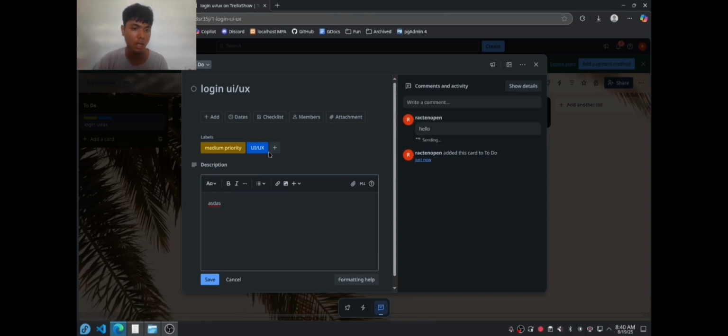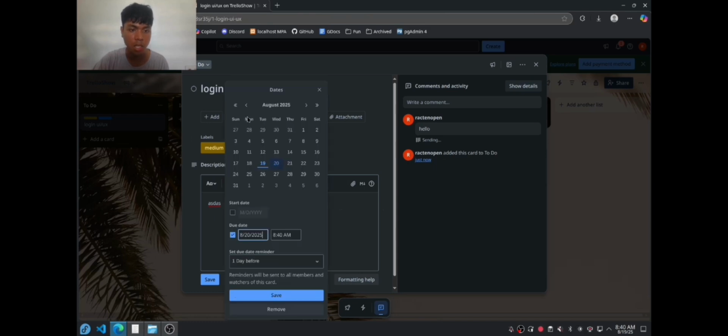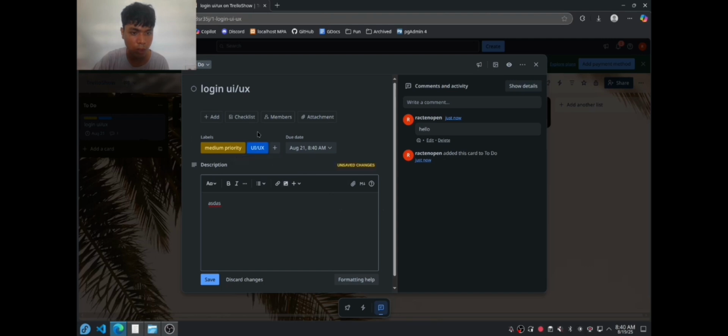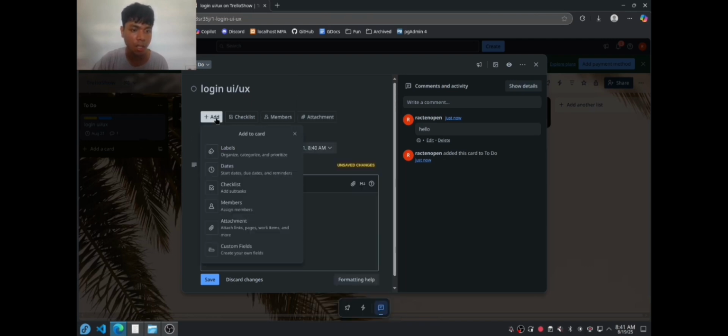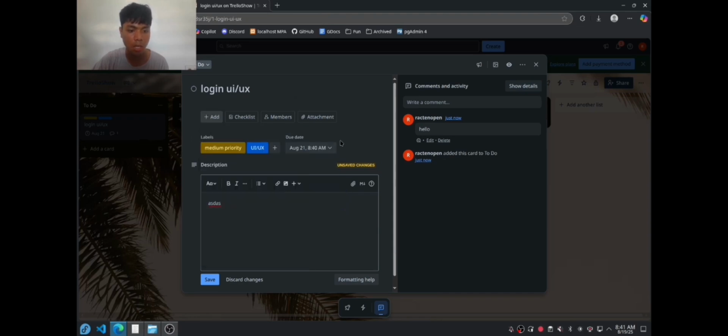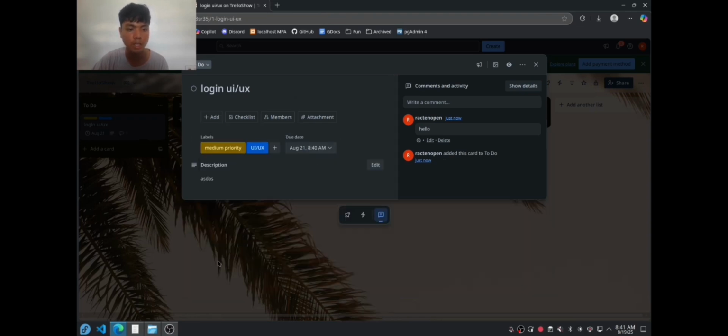And you can set a deadline for it. Let's say the due date will be 21, and you can add a checklist and a member. You can assign it to a member, then a file, if you want to attach a file, then add a label. Yeah, and let's save this.